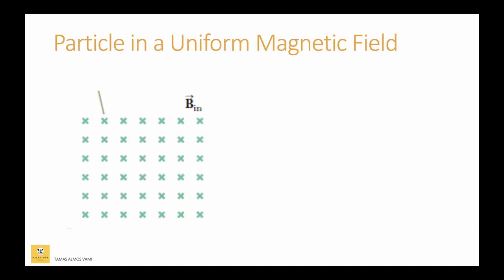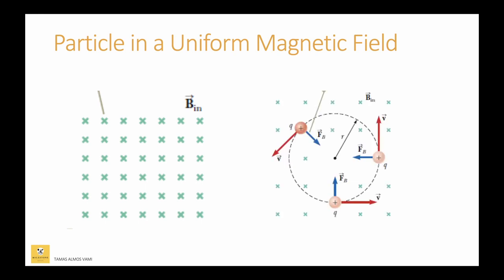So let's just say that we have a uniform magnetic field, which is showing towards us out of the screen, and we put a particle going in. Try to imagine this with your right hand. There is the magnetic field in one direction, and then we push it in from the top. Then applying the Lorentz force direction, there will be a force which is towards one point, and so every time you go, there is going to be this centripetal force, and so your particle is going to go around